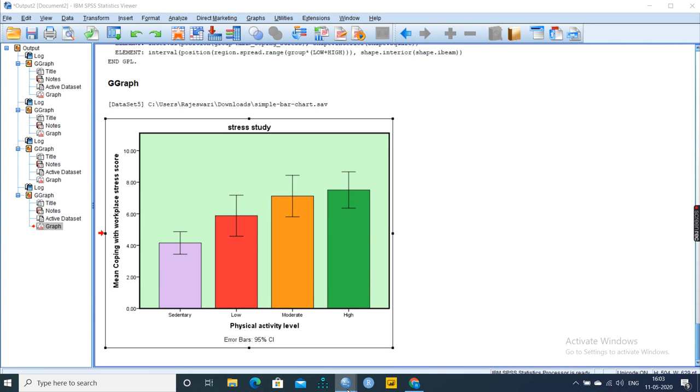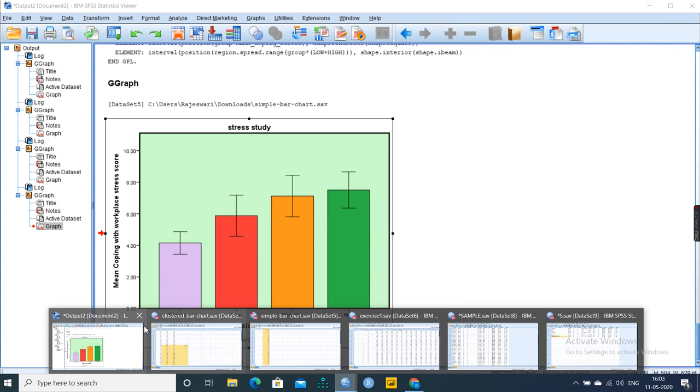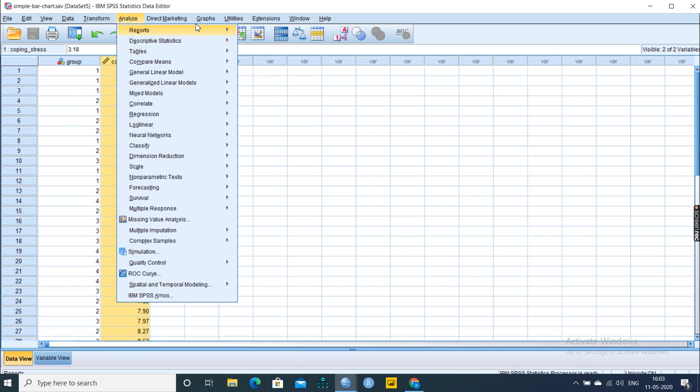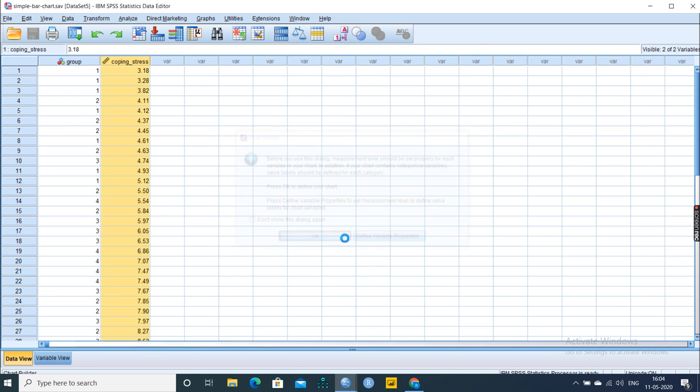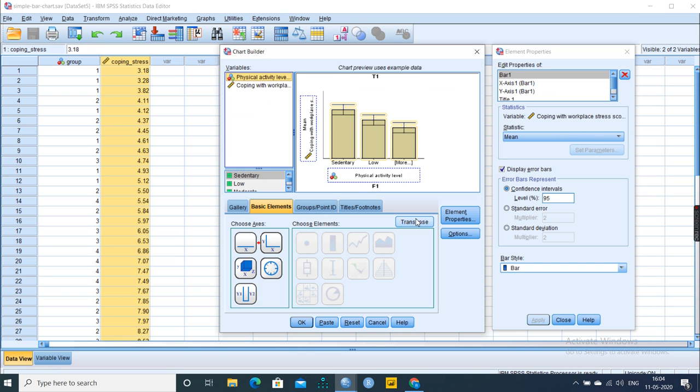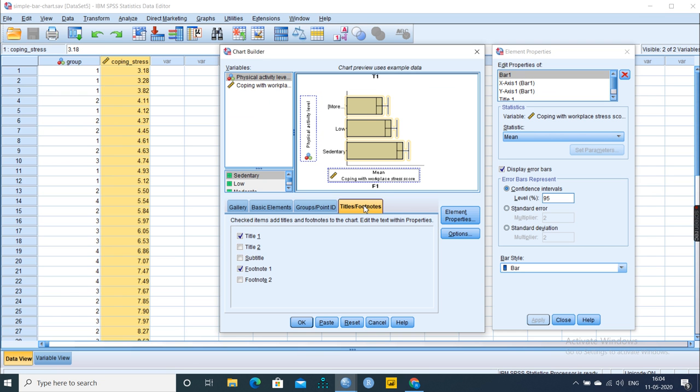Okay. And one more point to indicate with respect to this simple bar is, even you can change these charts. If you want to do some sort of transpose, you can transpose, you can do any sort of change by clicking here.